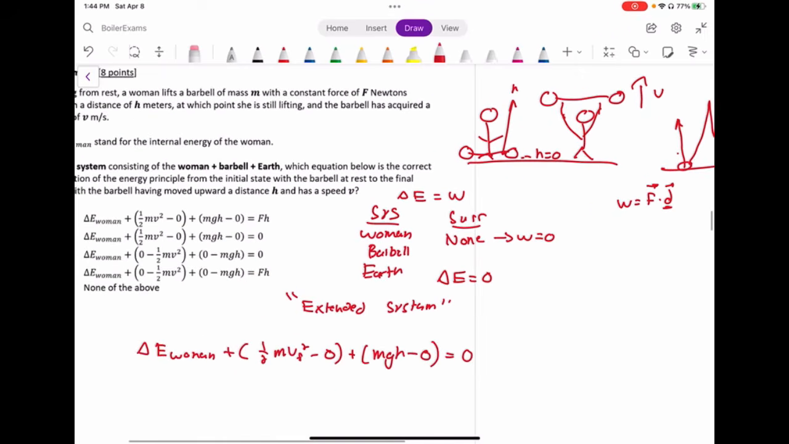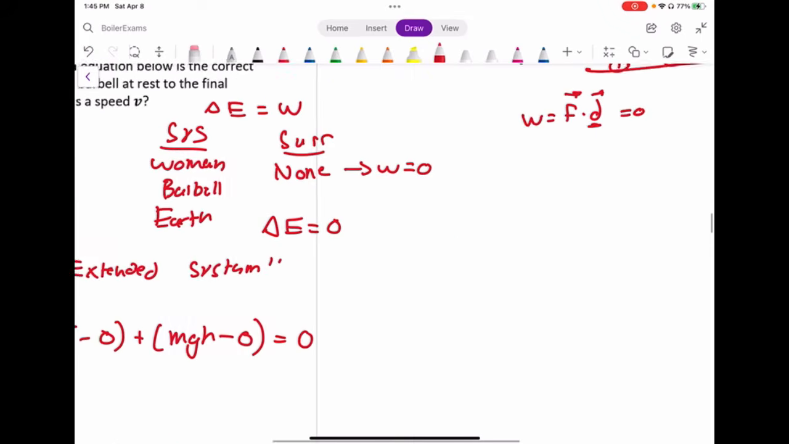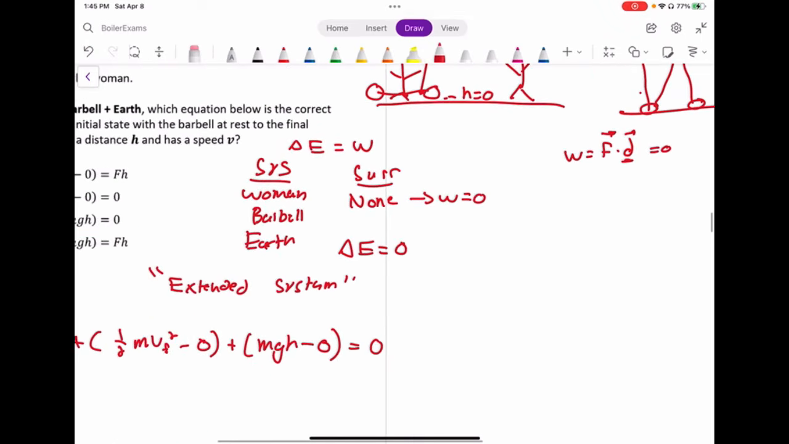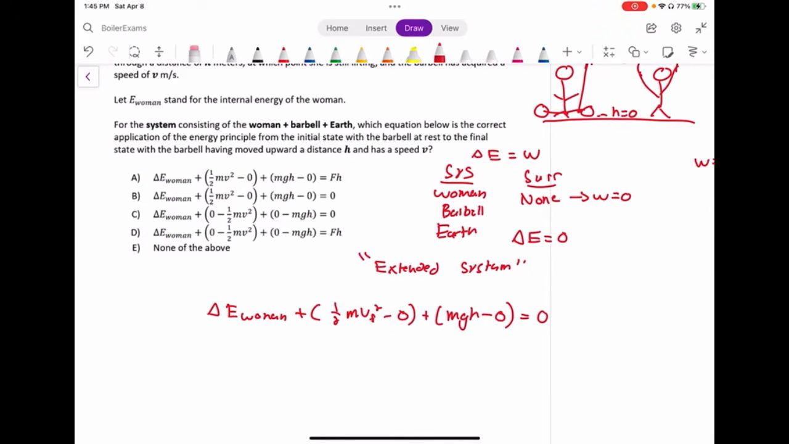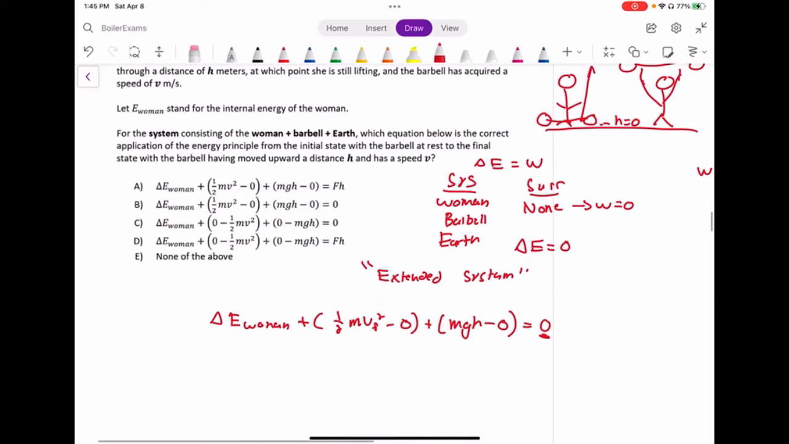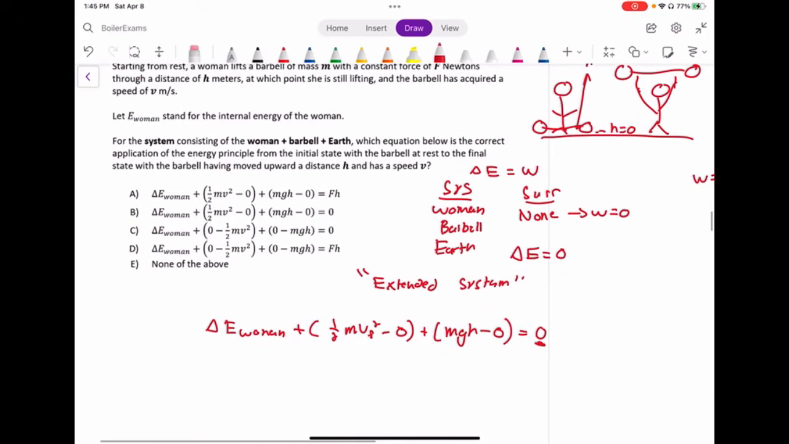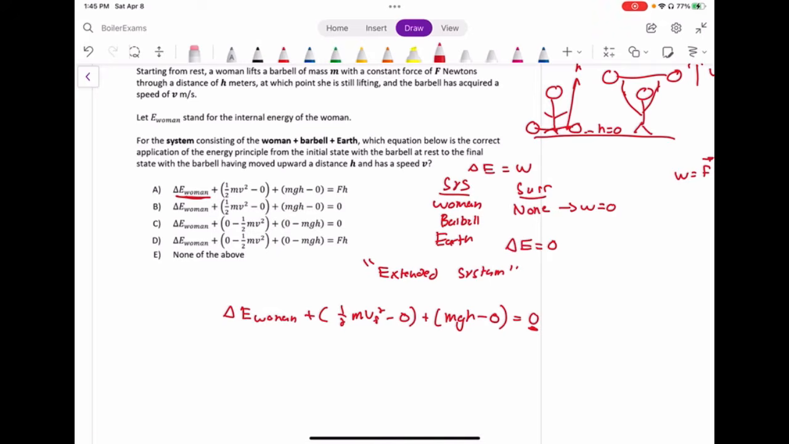So that work has to be 0 because her feet aren't moving. And we'll see this in some more of the problems later. So if we're considering the woman in our system, this work is going to be 0. And anytime you see something like E woman or E internal, you should think of the extended system,